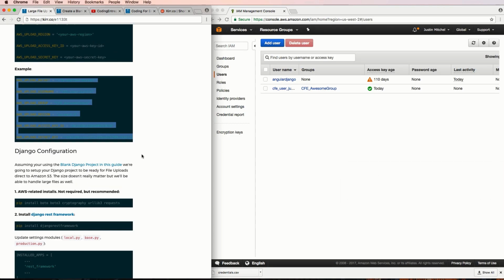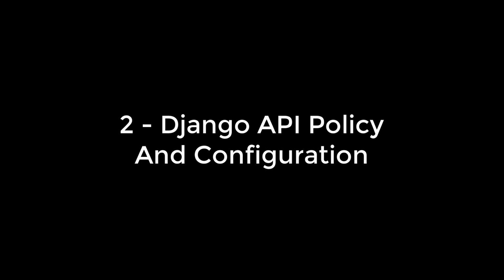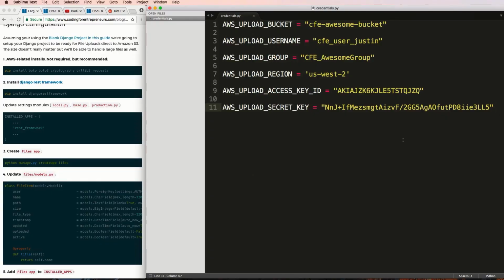So the next step is actually adding this into our Django configuration, which is something we'll do in just a moment. But if you have any questions on the AWS stuff, please let us know on that guide so we can address it. So just a little bit ago, we set up our credentials to be ready to be used